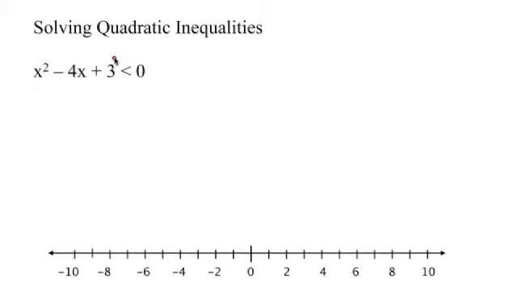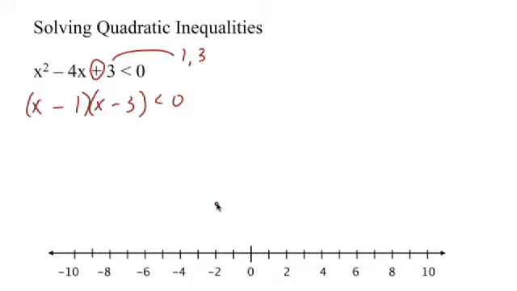This problem right here, the factors of 3, there's only one set, it's 1 and 3. And do those factors add to give you 4? Yes, they do. So we want to solve this piece. So you put in your 1 and your 3, and since we're adding to get a -4, both those signs must be negative. Now remember, when you solve a quadratic by factoring, whether it's an inequality or not, you want to set each piece equal to 0. And so you get x equals 3 here and x equals 1 there.